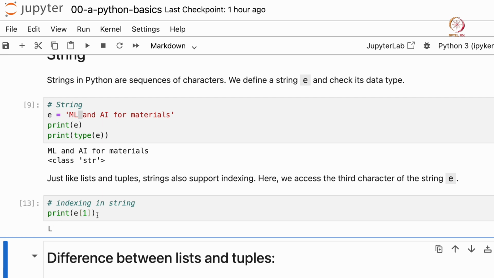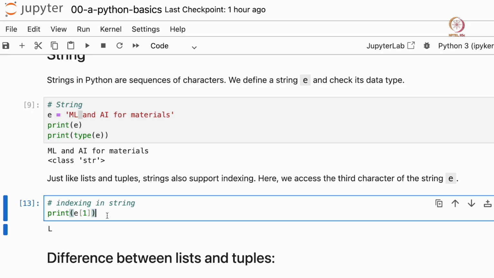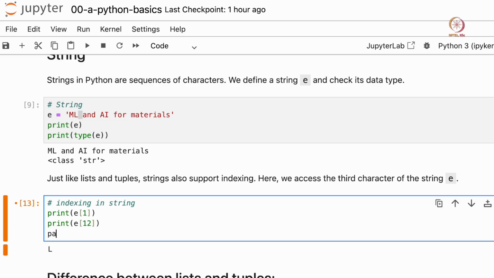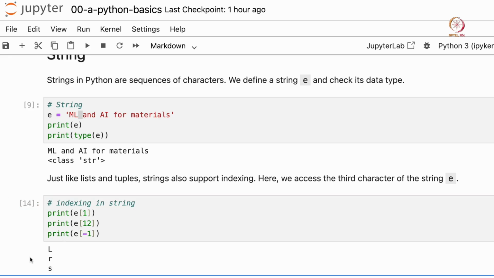Now if I want to print multiple of these, so say I want to print the first index, the 12th index and the last index, and I run this, all of these get executed one by one.